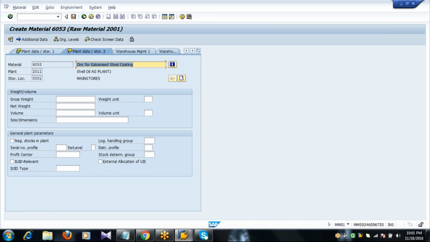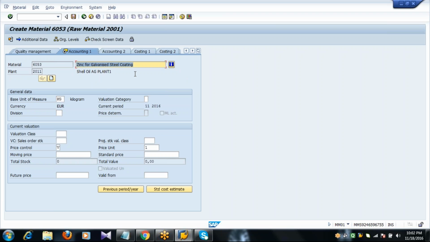Next we are in general plant data storage 2 view. Whether you maintain any information in storage 1 or storage 2 or not, we need to select these views because we have to show the material at plant and storage location level. Remember guys, general plant data storage 1 and storage 2 views have to be selected in order to show the material at plant and storage location level, whether you maintain the information or not. So for example, if you want to maintain gross weight, for example, 100 kgs, net weight 90, and volume 3 cubic centimeters.